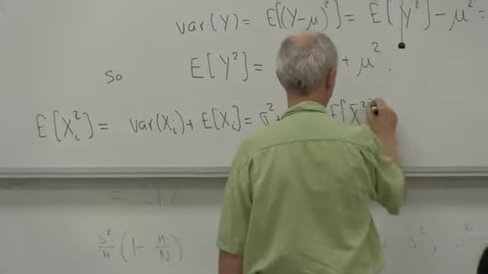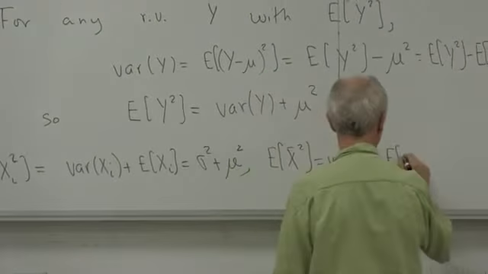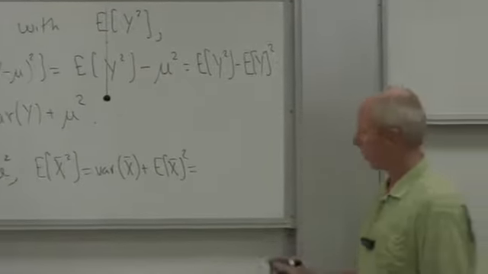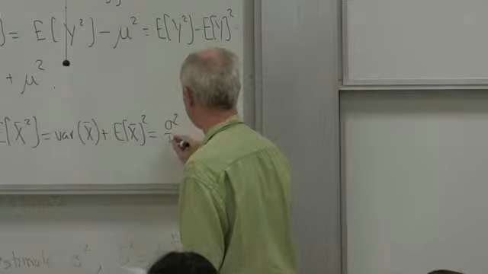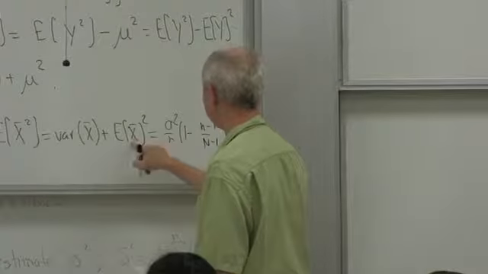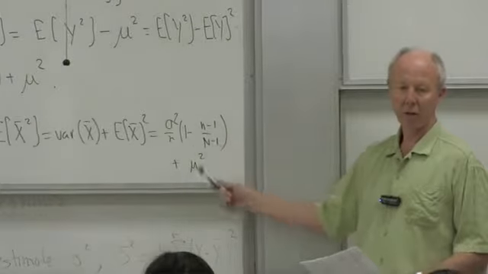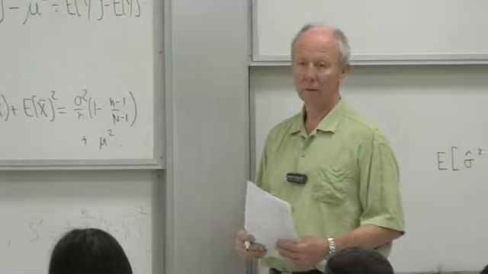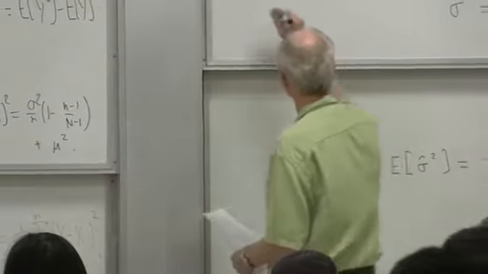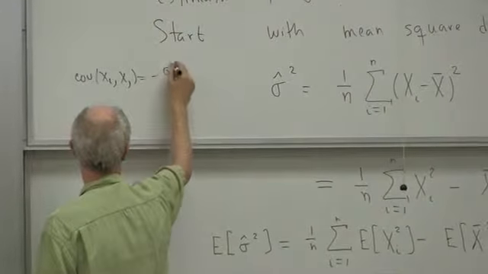And the expected value of x bar squared is the variance of x bar plus the expected value of x bar, squared. And what was the variance of x bar? It was sigma squared over n, times 1 minus little n minus 1 over capital N minus 1. And the expected value of x bar is mu, so we get plus mu squared. Remember the finite population correction? That came from the fact that we have the covariance of xi, xj is minus sigma squared over